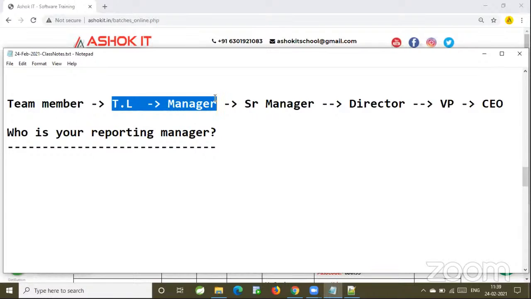So you need to know the role structure and the process that is followed in the IT industry. So in the interview, when they ask you, who is your reporting manager? You tell some name. Satish is my manager. I will report to that guy. So directly, without thinking for a second, you should tell your manager's name because daily we will interact with our managers. We should not forget those guys' names.